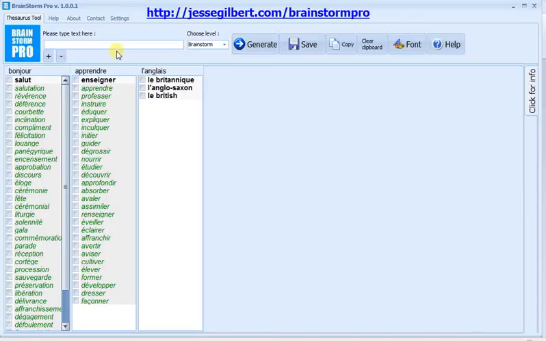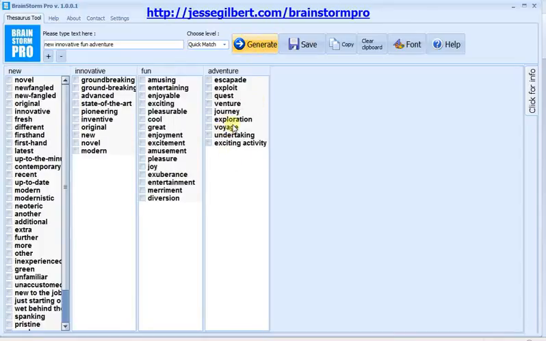If you're trying to think of headlines, just even typing the word like new, innovative, fun, whatever you're trying to add to your headlines to think of new ideas. Let's say maybe you're writing about some new adventure product. So you get these to start, and as you check off words, you scroll through and you check them off,